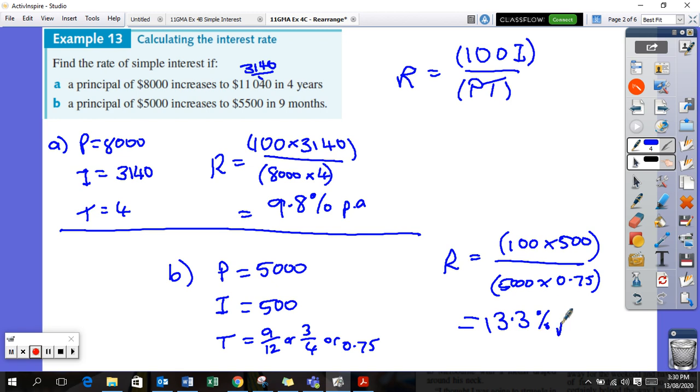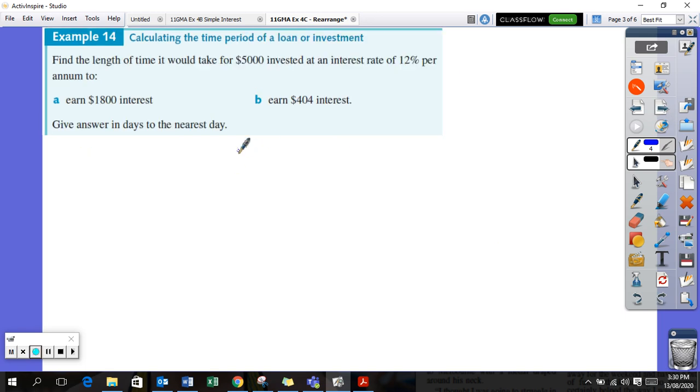And when we say the percent, we need to say percent plan. Okay, so the next example, we want to calculate the time period. So the time equals 100 I over PR. Once again, we're going to put brackets in there. So for part A,